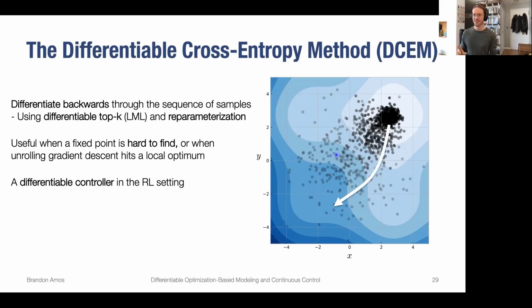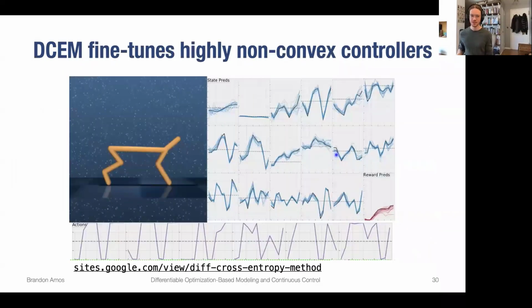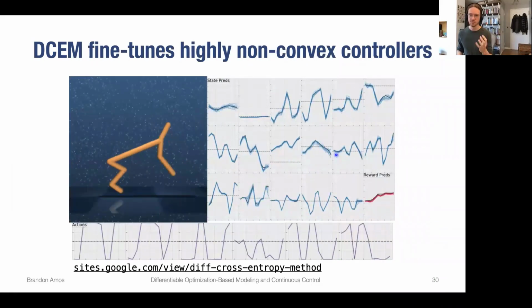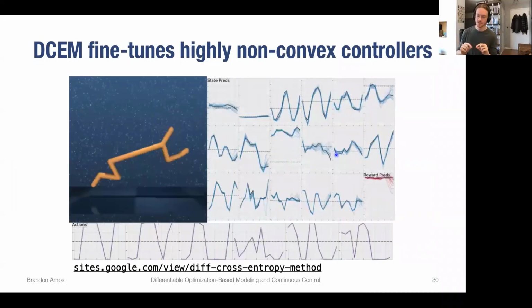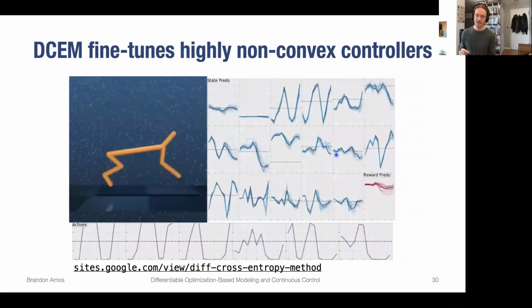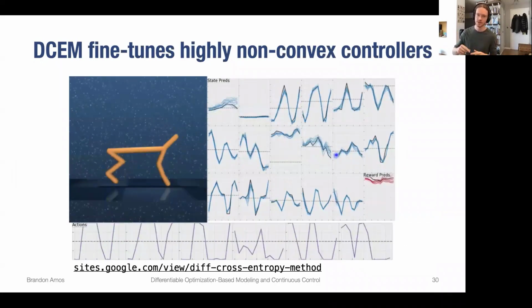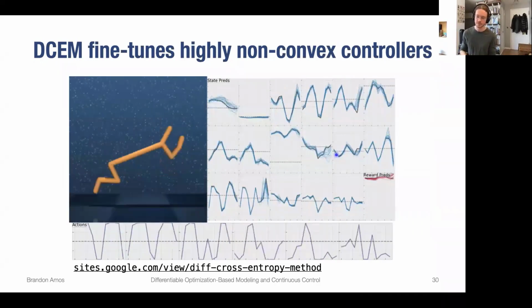It looks like I'm at the time limit, so I'll just spend one more minute closing off. I don't have that many more slides. Differentiating through the Cross-Entropy method is actually easy if you just use the top K operation. And you can start applying it to more non-trivial systems where you can start fine-tuning and trying to fix the objective mismatch issue in settings where you're generating very long horizon predictions of your dynamics, like this cheetah.